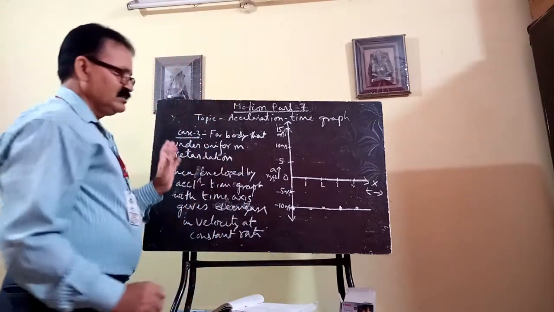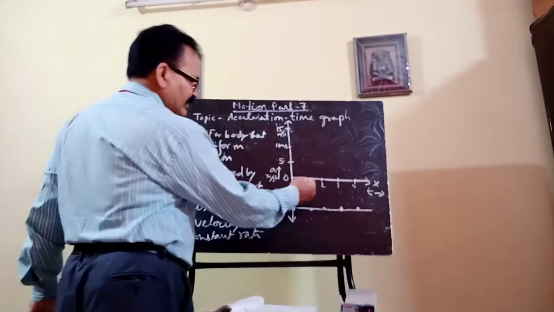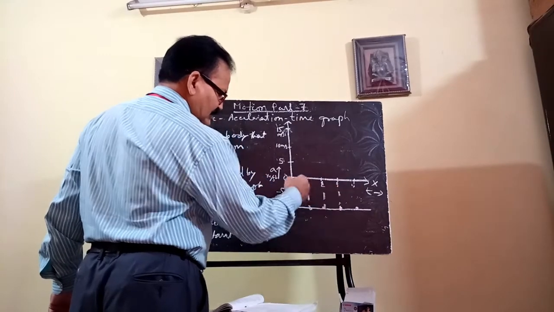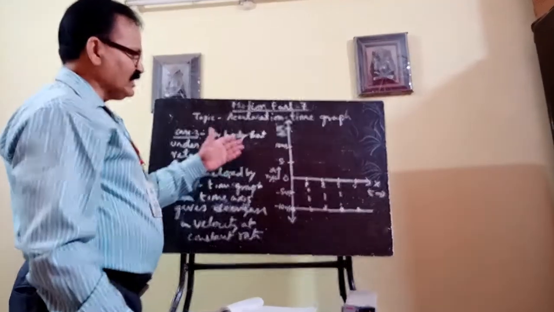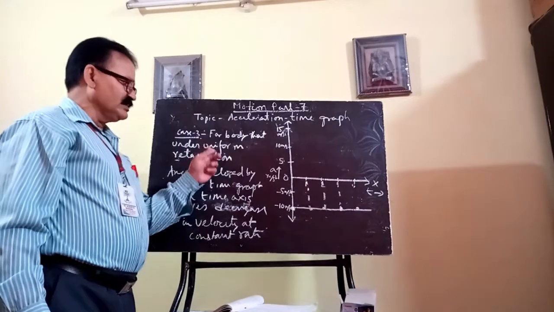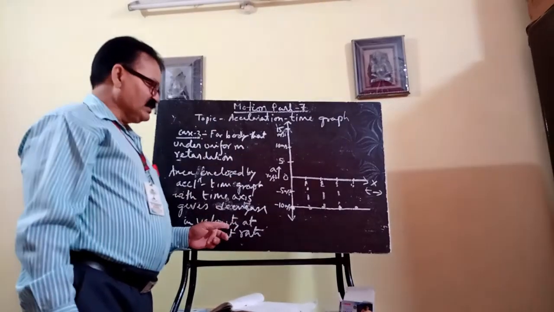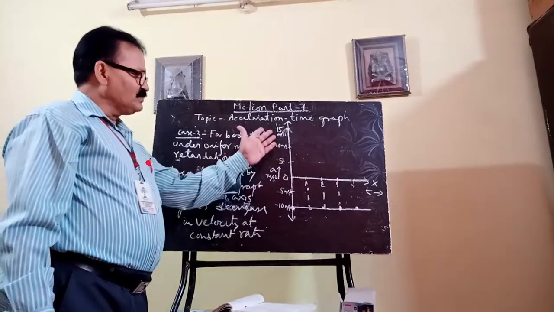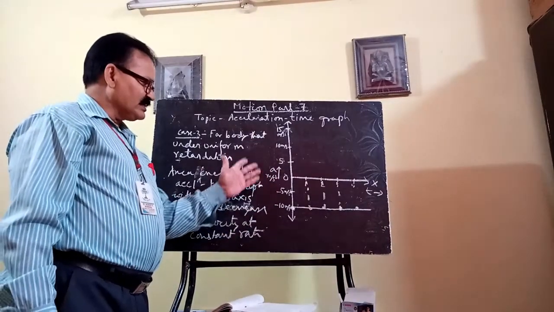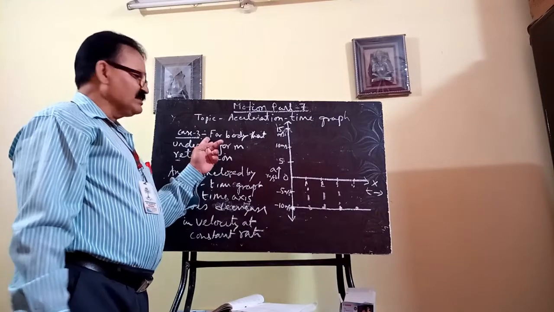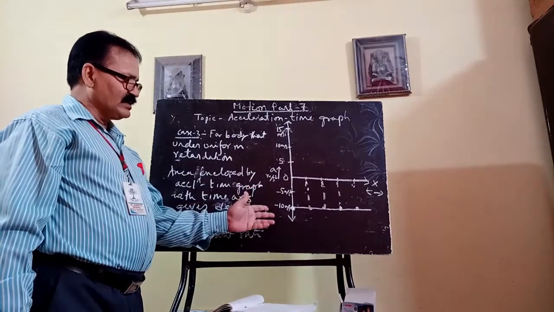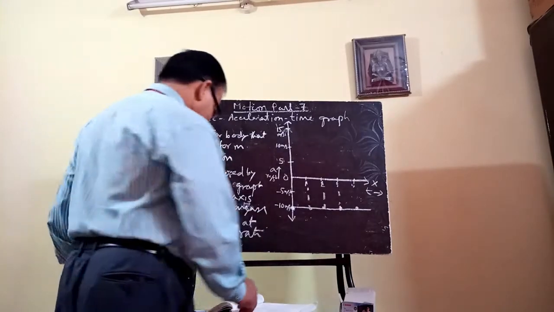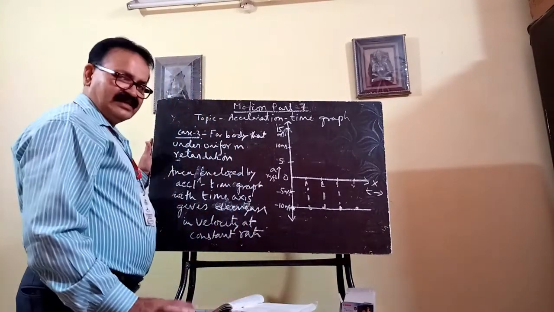Okay, you understand it? So for finding the area, you can enclose it. All these are similar to what I have just shown you in your acceleration time graph. This is the negative of the acceleration time graph. So here, for retarding motion, your acceleration time graph will be on the negative side. Okay, clear? Now you got it.